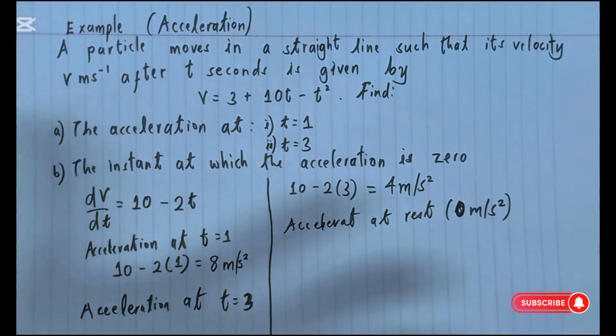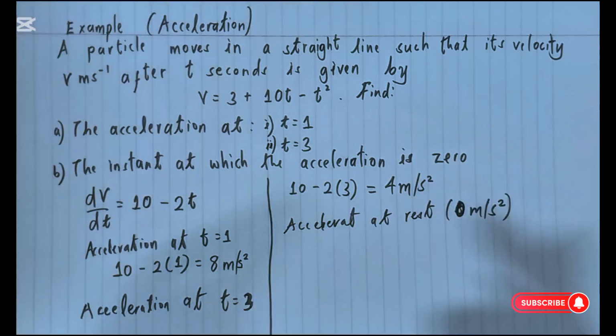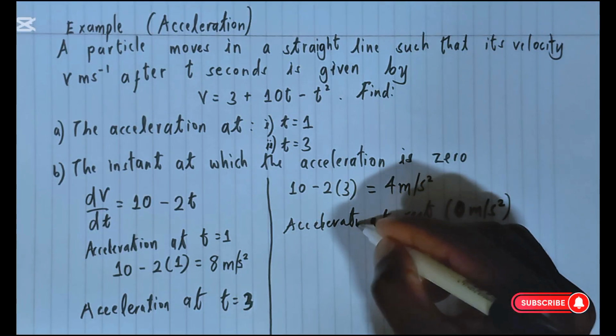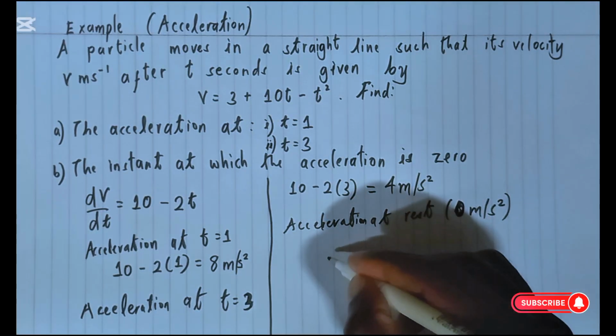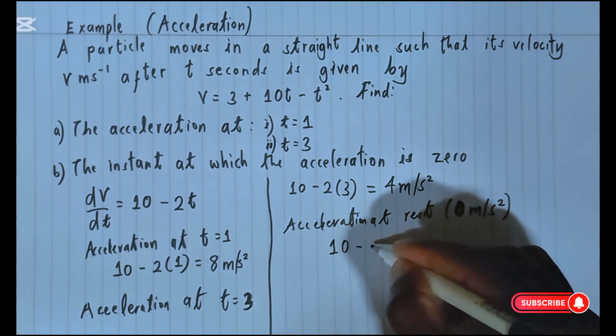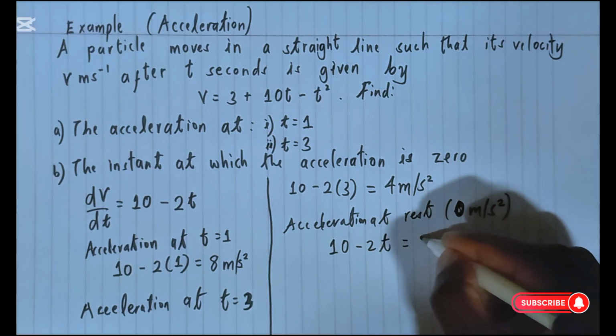The vehicle may still be moving, however there is no change of speed. That is where we say that acceleration is 0. So we basically have 10 minus 2t equal to